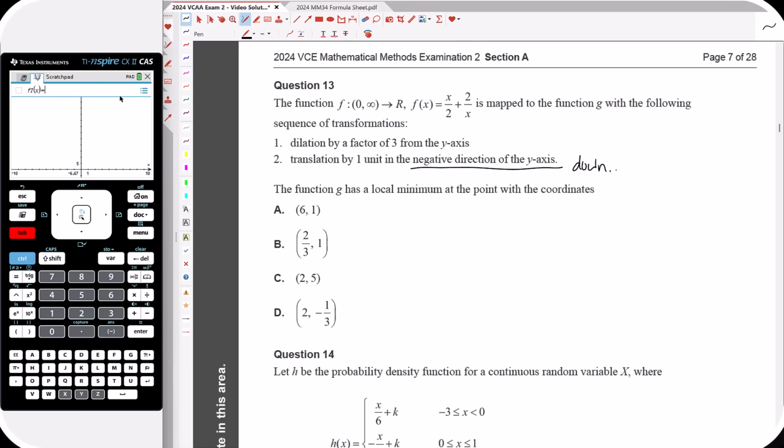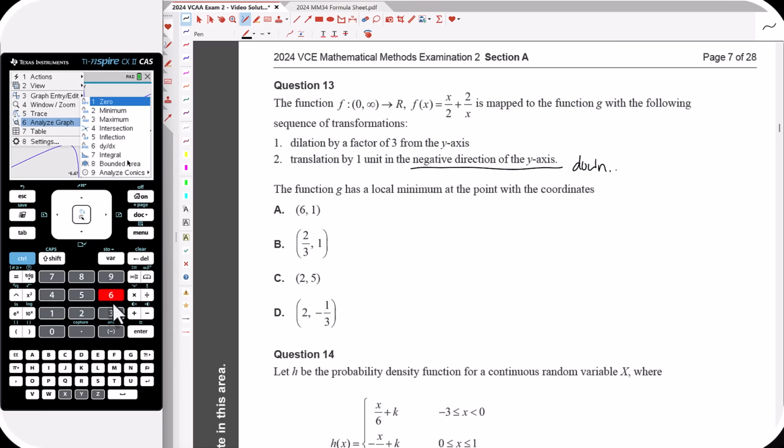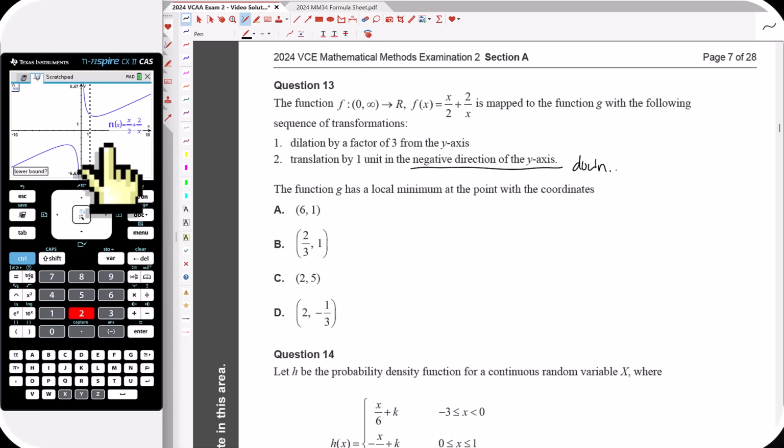So if we sketch the graph of x on 2 plus 2 on x, let's just go back to the normal window. All right, we can see we've got a minimum happening here. So we could do menu 6 minimum. Some to the left, some to the right. Okay, and we can see that minimum point's at 2, 2. So we know f has local min